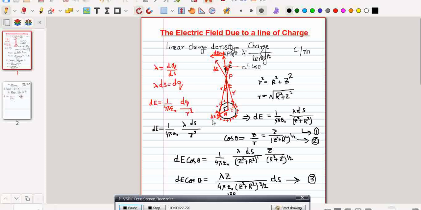Therefore, putting this value in this equation, we get dE is equal to 1 over 4 pi epsilon naught into lambda ds over z square plus R square. Okay, now